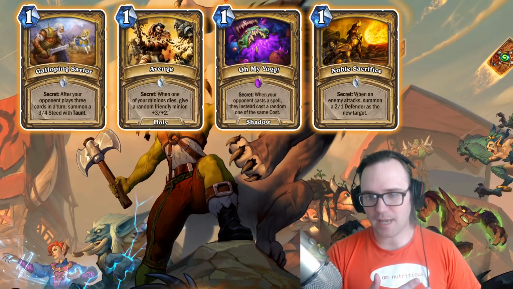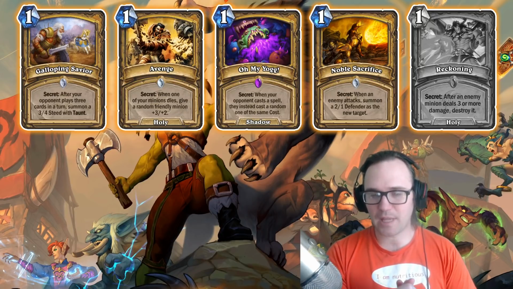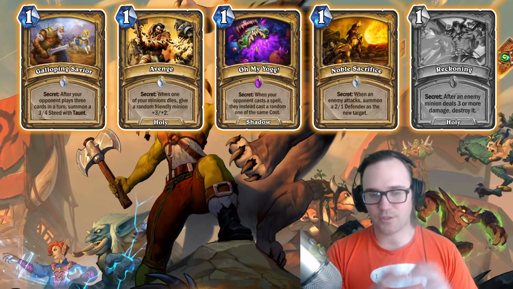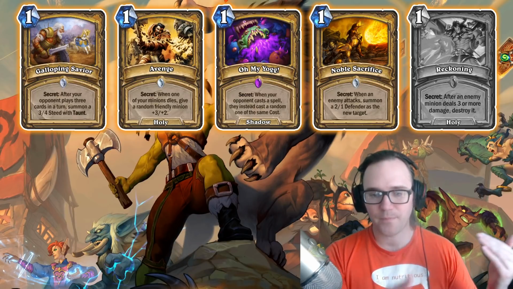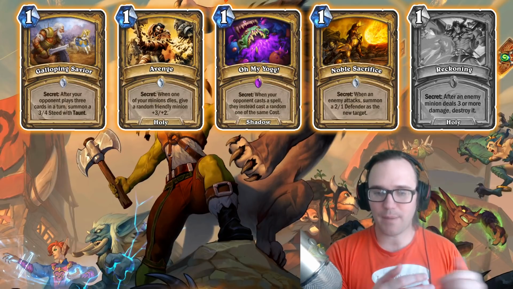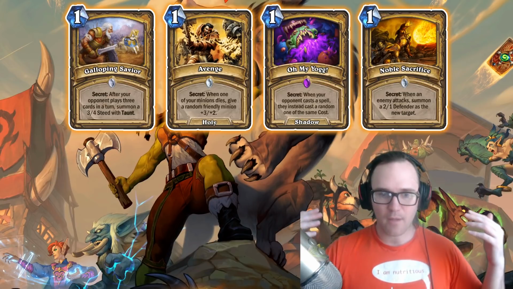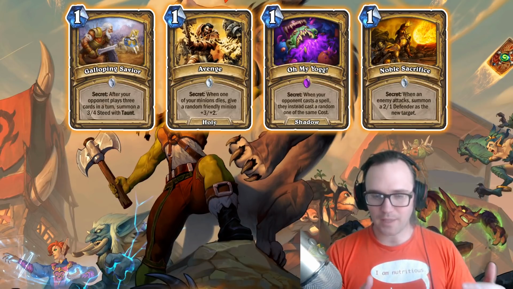Most lists are not running the Reckoning card. That card has not quite made the cut. That is a 5th secret, but very few players run it. So in general, if you're playing on ladder, unless you have a certain read, like you've played against this opponent before and they've run Reckoning, don't worry about that card. But with the 4 cards, we're gonna think, okay, what are the likely plays and how do we play around